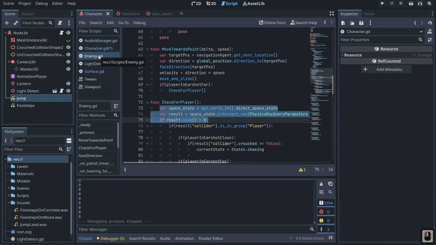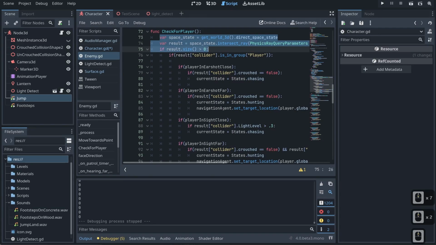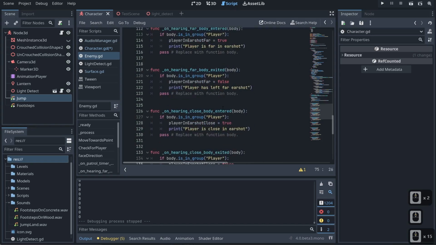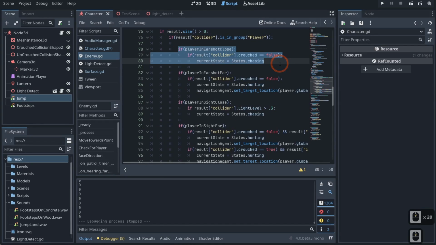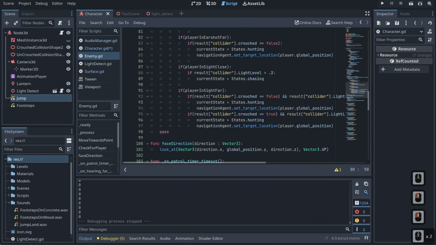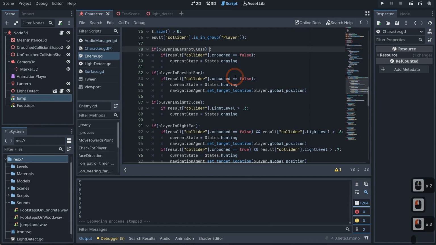So if we come over to our enemy and we scroll down to where we're checking for our player, there is a section in here where we actually listen for our player. And I believe it's right here where we're doing if player is in earshot close, if player is in sight far. We can just check for our earshot. So we can say if player is in earshot close, and if result